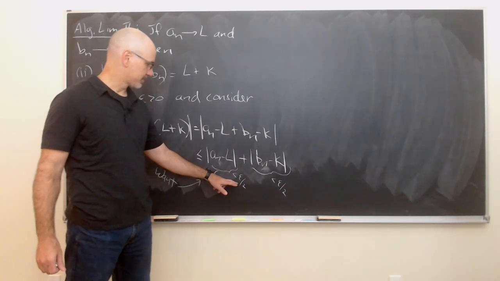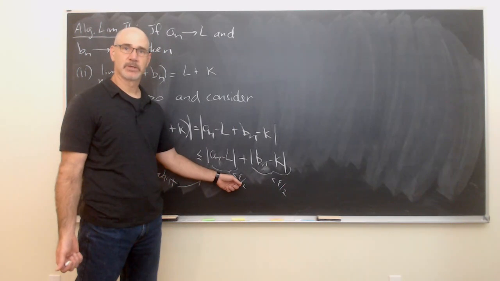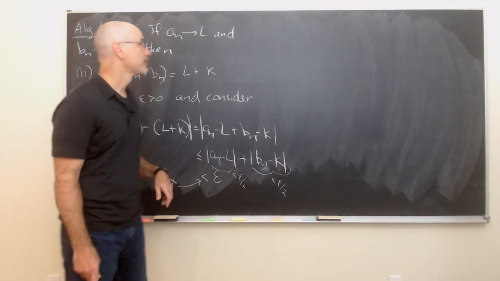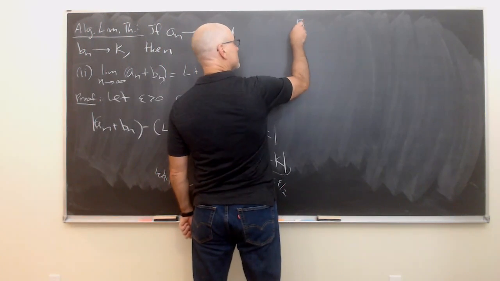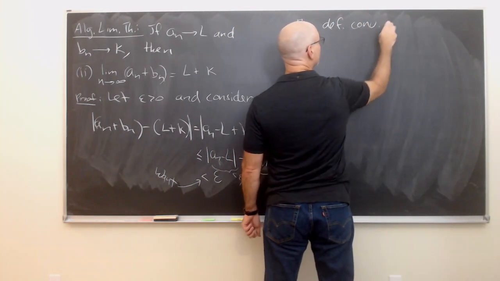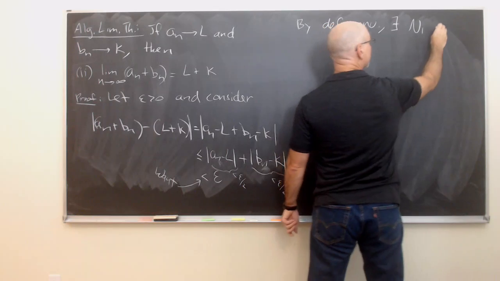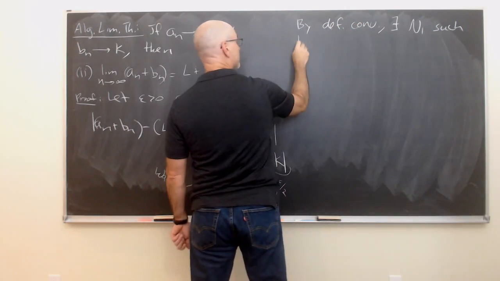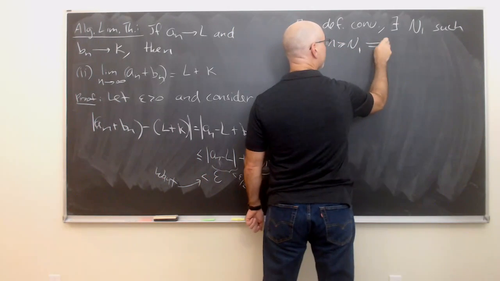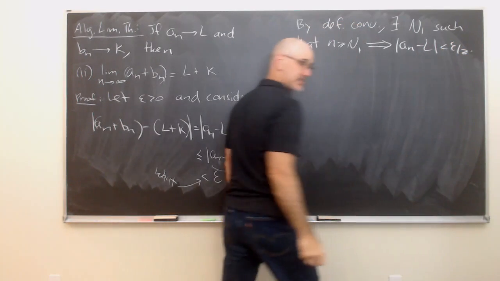But that's really not a problem because the definition of convergence works for any positive number. So in particular, it works for epsilon over 2, and that's true for both a_n and b_n. Right, so we'll say by the definition of convergence, there exists capital N1 such that n bigger than N1 makes a_n within epsilon over 2 of L,